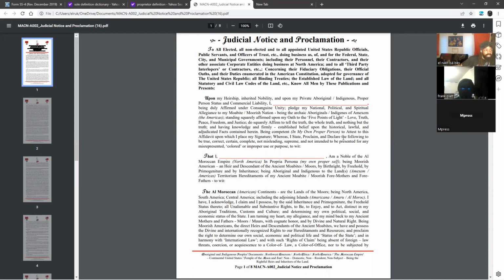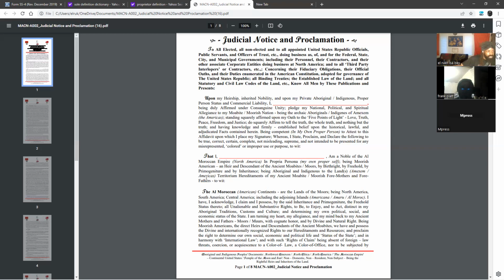Whereas I state, proclaim, and declare the following to be true, correct, certain, complete, not misleading, supreme, and not intended to be presented for any false misrepresentation, colored, or improper use or purpose, to wit, that I, Justin Weaver Bay, am a noble of the Al Moroccan Empire, North America, in propria persona, my own proper self, being Moorish American and heir and descendant of the ancient Moabites, Moors, by birthright, by freehold, by primogeniture, and by inheritance, being Aboriginal